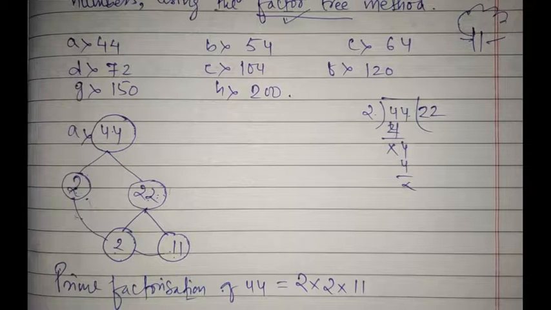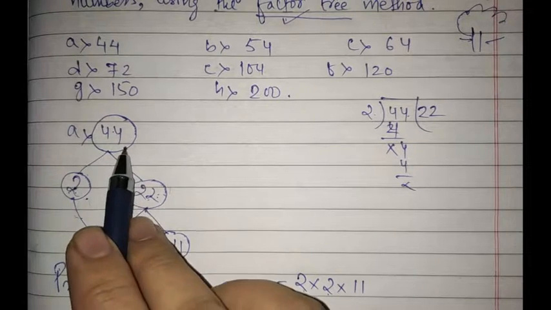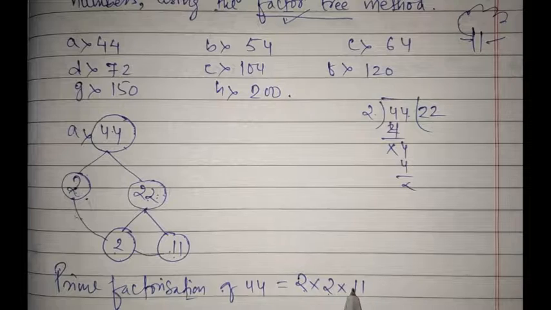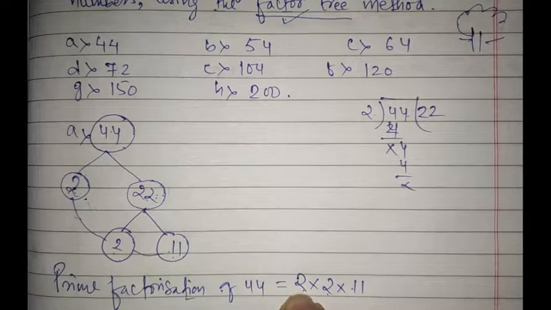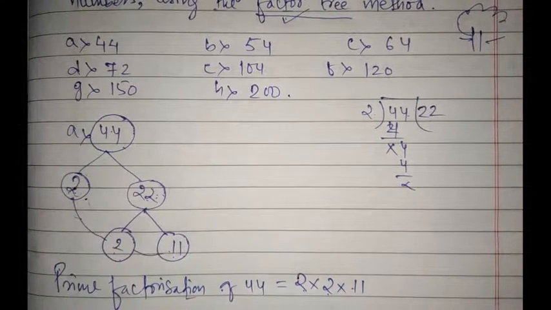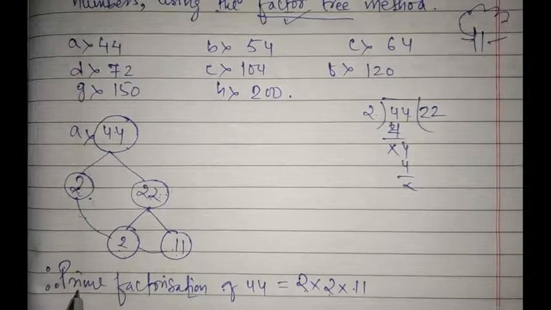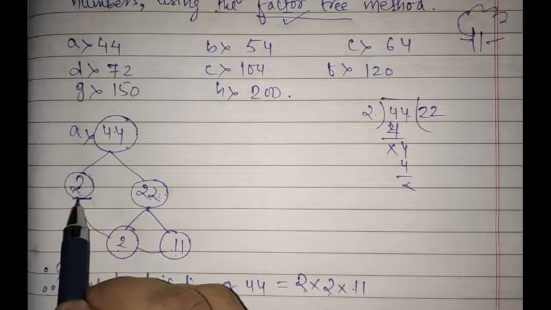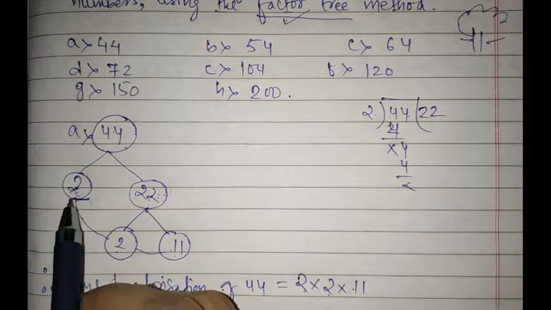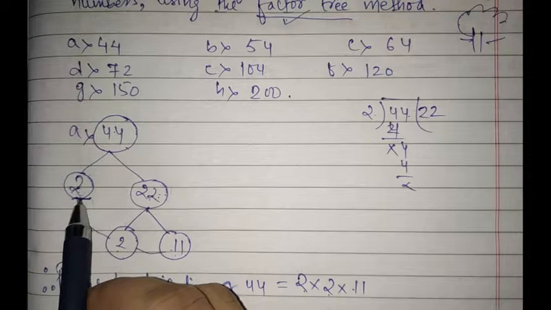If you multiply this, you will get 44. Just see, 2 twos are 4, 4 into 11 is 44. No need to multiply again, because you just have to find the factors of 44 using a factor tree. This is the technique of the prime factorization method. Why prime factorization? Because we are dividing with the smallest prime number. Just see, we have used 2. If you remember, in our previous class I told you the smallest prime number is 2.